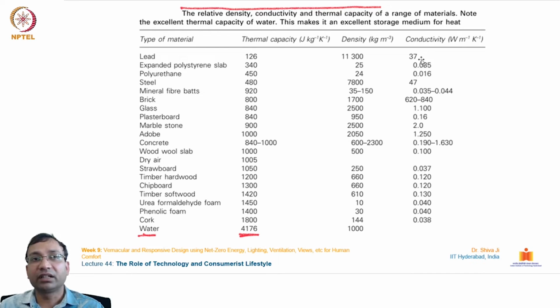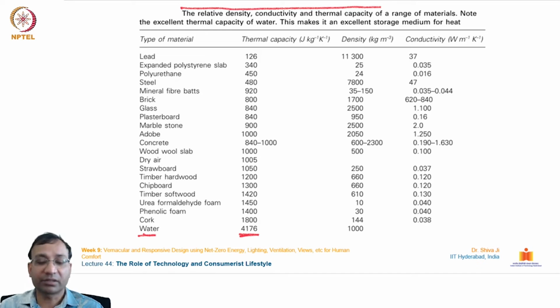Well, lead has one of the highest conductivities, and you see that the highest actually lies in the brick. This is the reason this brick material gets heated very fast, and it absorbs the heat very fast. Compared to this, all of these materials sourced from nature, whether it is water, cork, or timber softwood, have this conductivity quotient in a fraction. So we can choose a proper combination of these three values, and we can